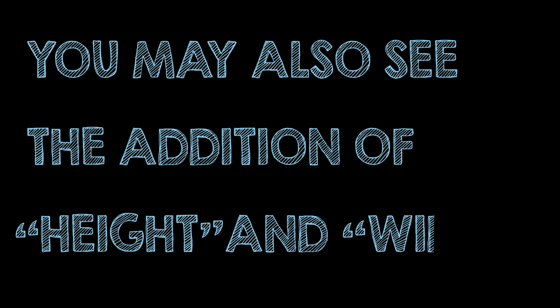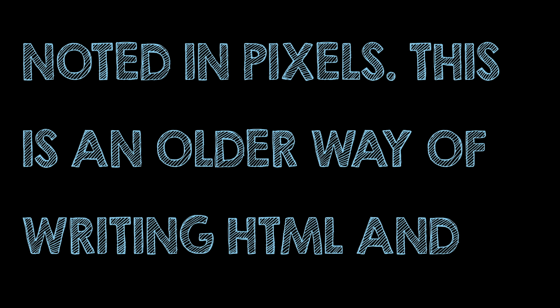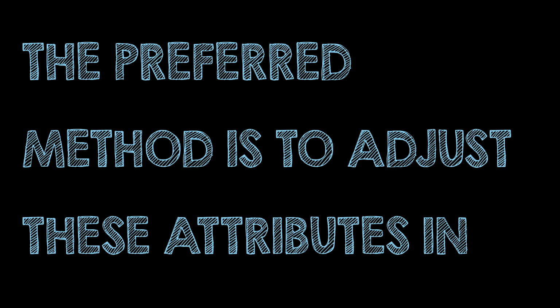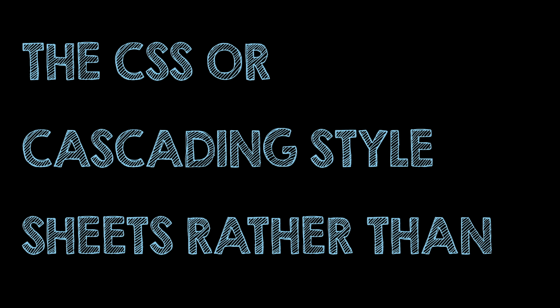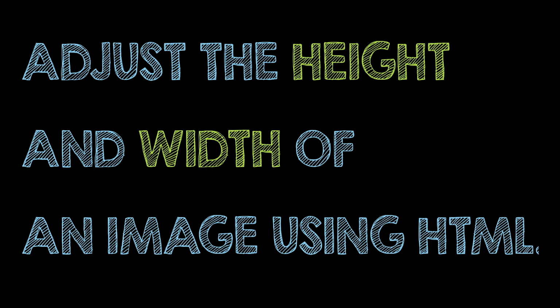You may also see the addition of height and width attributes used with the image element. Usually the size is noted in pixels. This is an older way of writing HTML, and the preferred method is to adjust these attributes in the CSS, or Cascading Style Sheets, rather than adjust the height and width of an image using HTML. As we start to discuss CSS more, you will start to